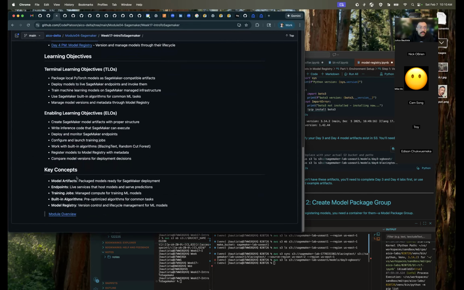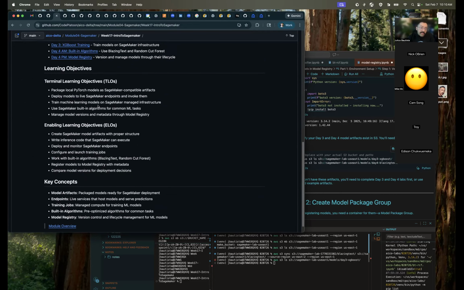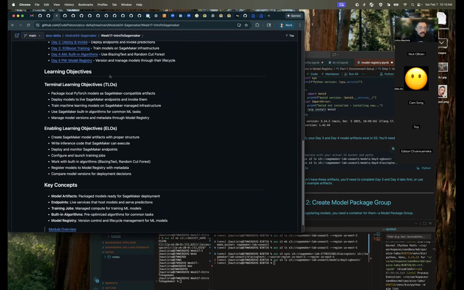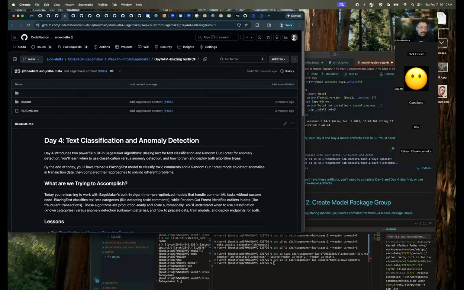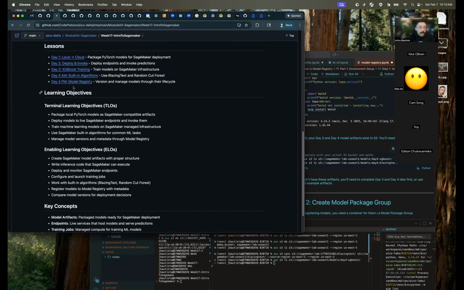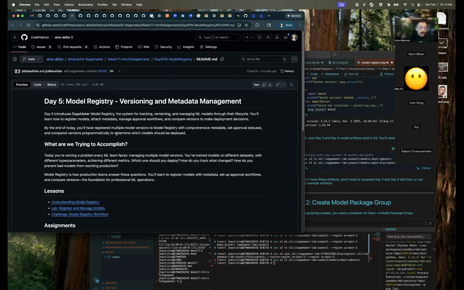We want to create model artifacts we want to deploy. We are essentially doing a lot of what we did on Thursday. And then on top of that, we will be adding Model Registry. So this is essentially the GitHub of, you guessed it, models. And it allows us to use versioning and metadata to manage our models, which is